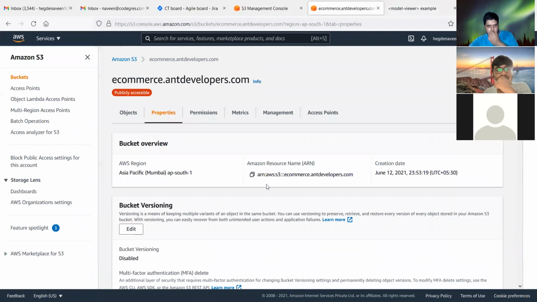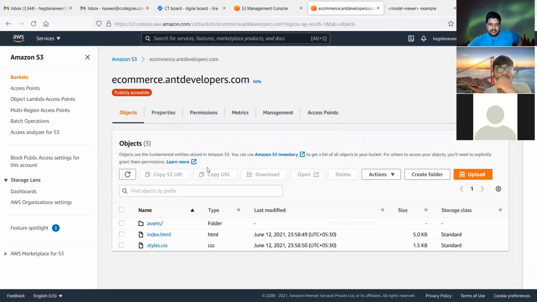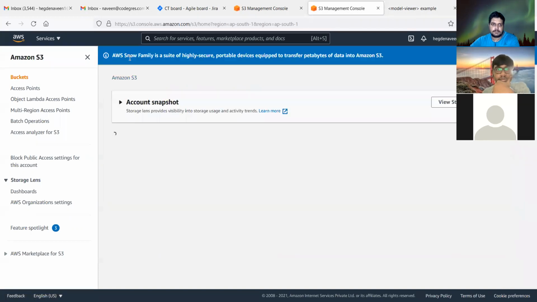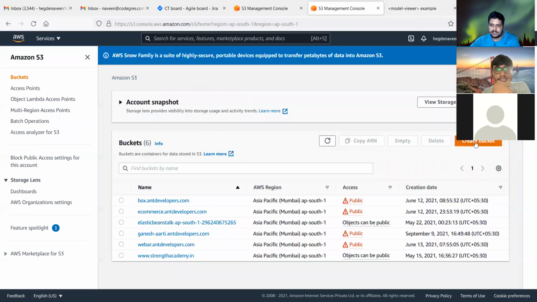These are the objects in it, just assets, index.html, styles.css. Similarly, your React app will have .css, .html, and .js files. You can just upload them. It should be named index, I'm assuming. Index is the main file, right? Okay. So in Amazon S3, I'll create a bucket.